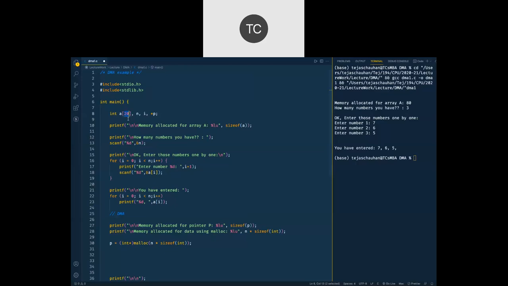So Nirmal, whatever you are proposing is not possible in the C programming language. If you write a of n at some later point, and before that statement you take the value of n also, still it is not possible.